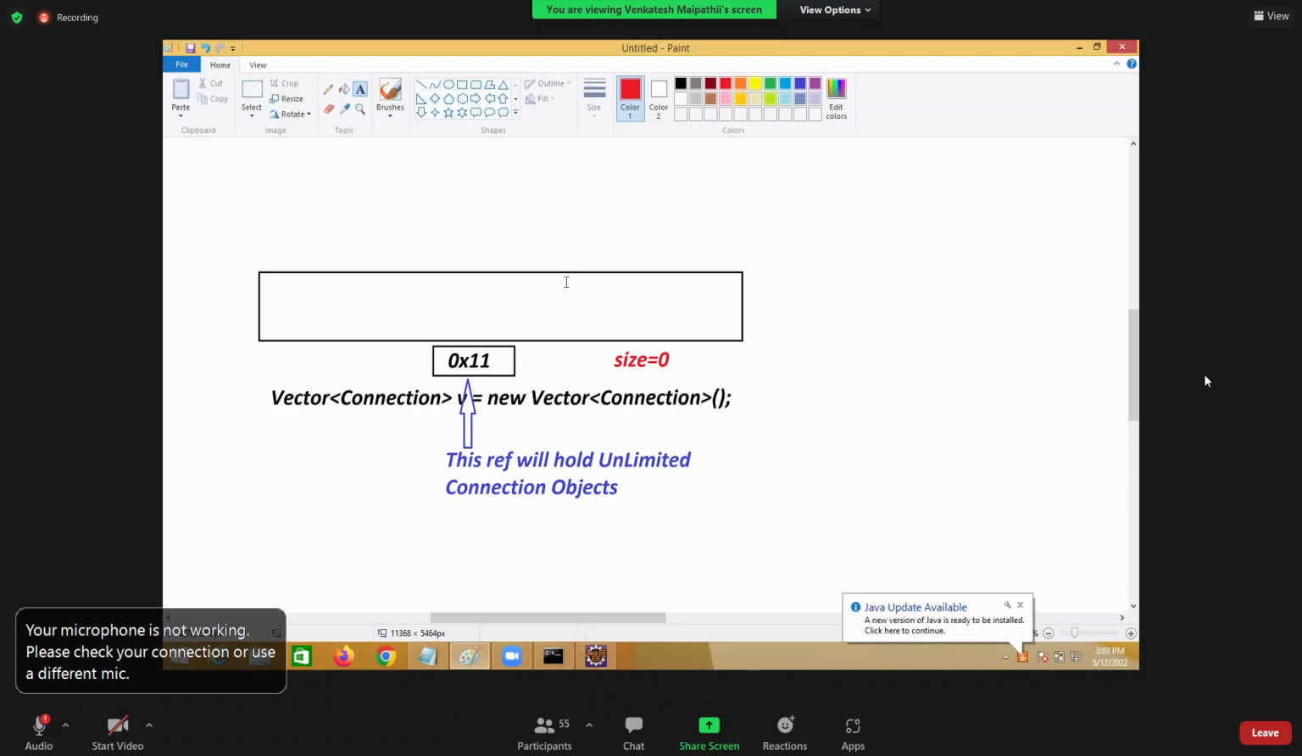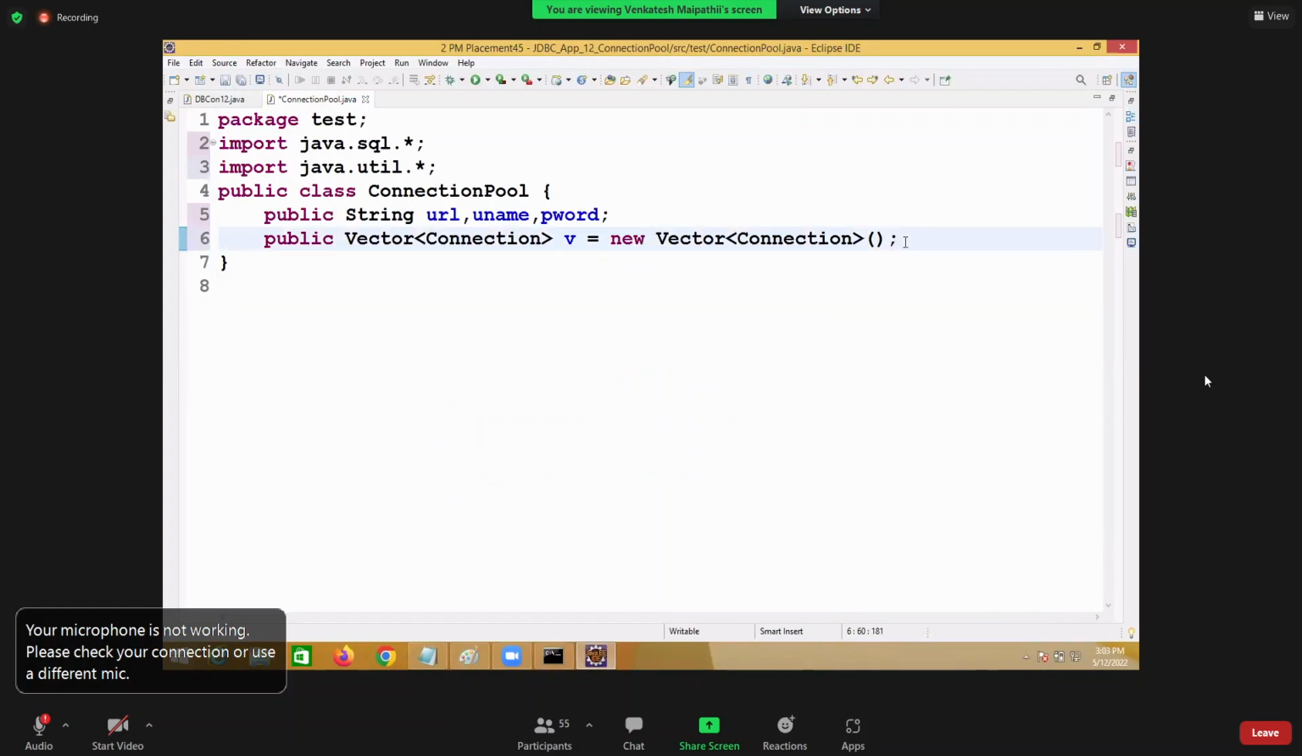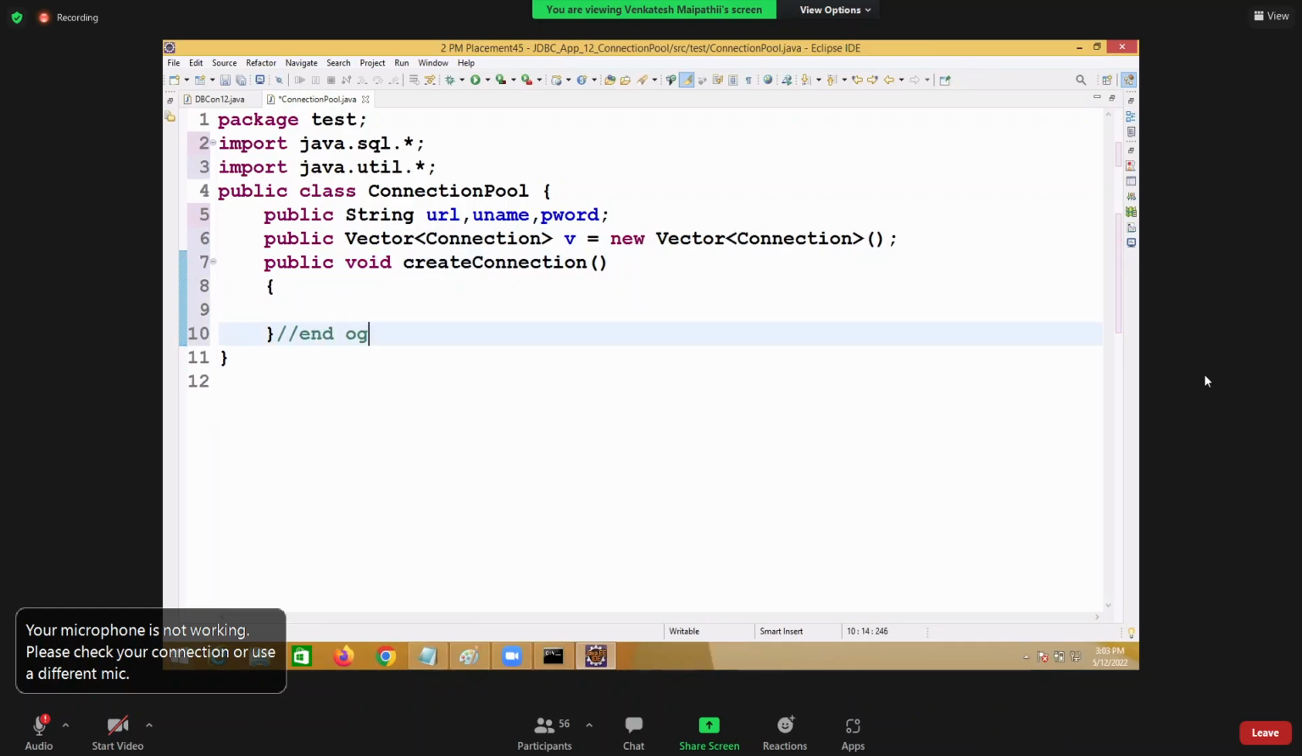Okay, right. Now that vector object is ready, right? Now I must create connections and add to it. I will add 5 connections. I'll create 5 connections. Now, for this, I'll take one method, void create connections. I'm using one method known as create connections. So in this method, I'm trying to create the connections. How means